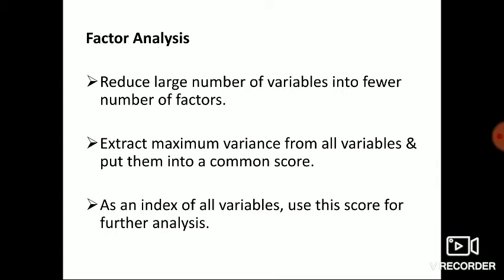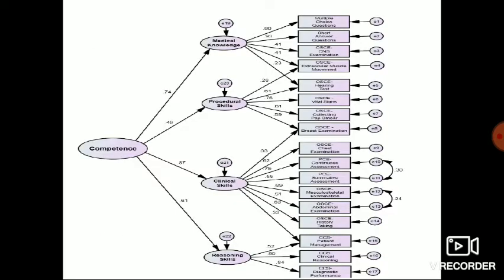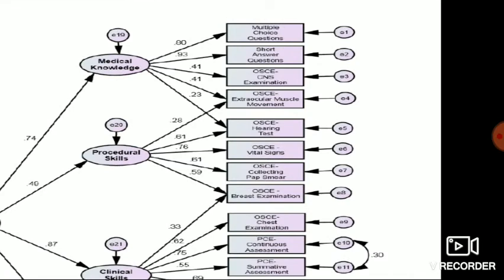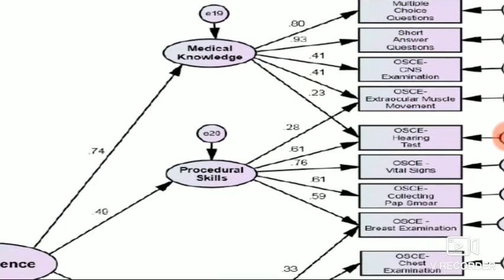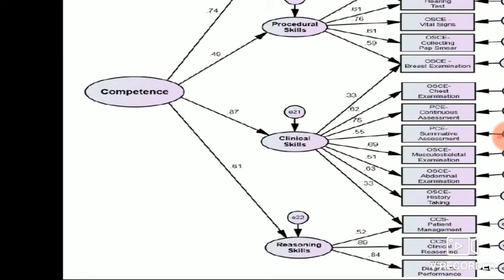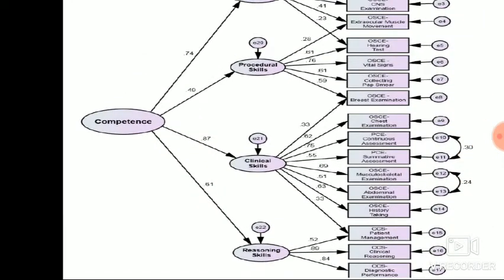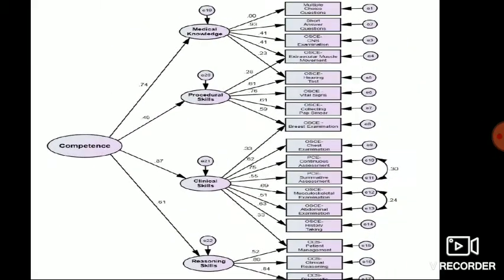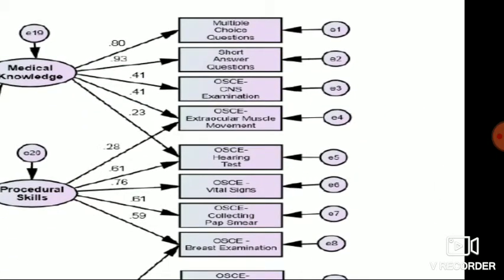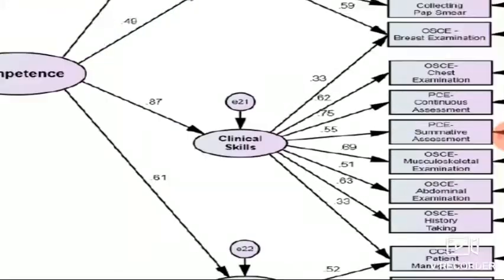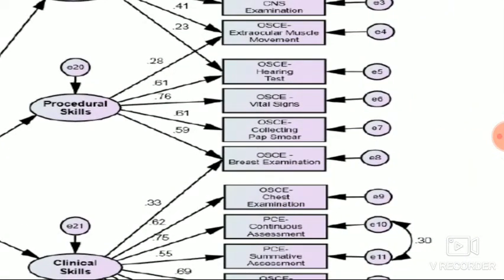In order to extract the maximum variance from all the variables and put it into some group, that is a score, we can use factor analysis. For example, these are different variables. Here, we are going to measure competency. There are n number of competency characters. They will be grouped into different factors